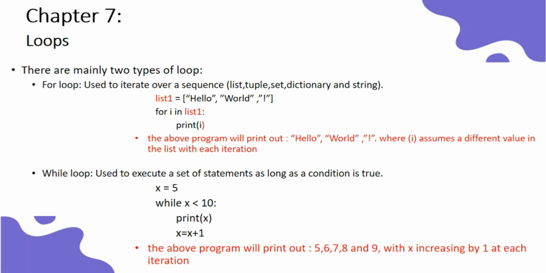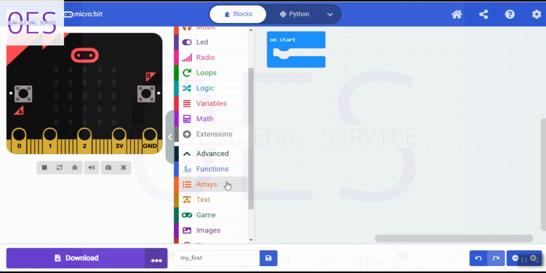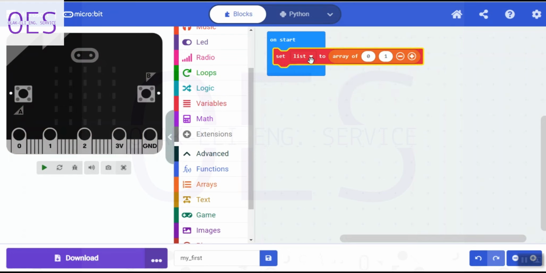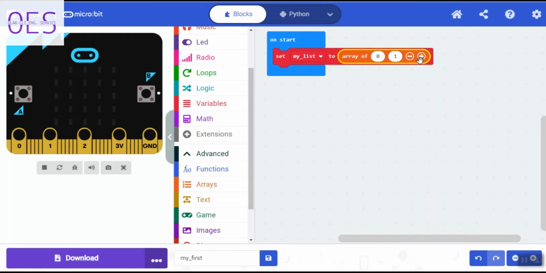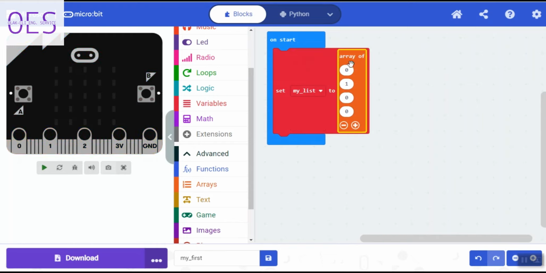Now for this tutorial, we'll be starting with the for loop. And as I said, the for loop is used to iterate over a sequence. So I'll be working with list. So go to your arrays category, click on this, and snap it into your onStart block. Now change the name to my list, the list we initially created, so that we will have only one list that we're working with. So we'll be adding the values within our list. Let's say 2 values. So give it items 2, 4,